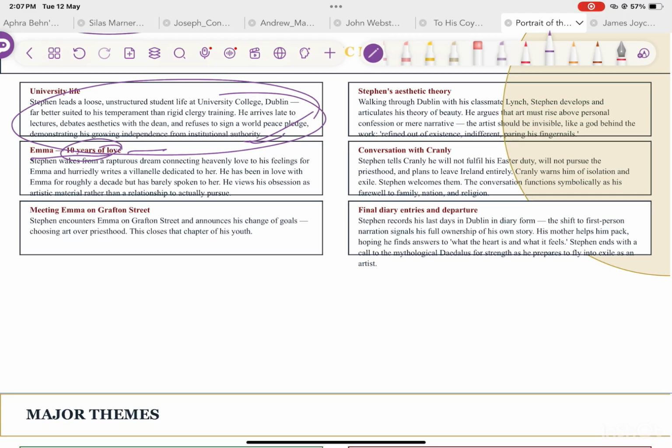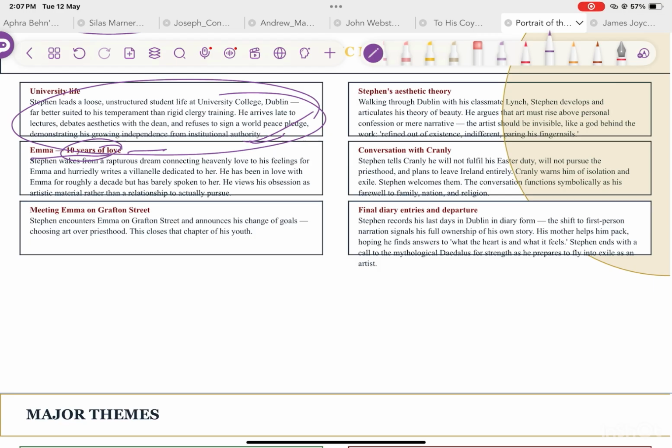So Stephen argues internally about whether he behaved too coldly towards Emma in the past, reflecting on the years of admiration for her. Stephen believes his imaginative and artistic love is deeper than ordinary romantic attraction. So this kind of affection over years and years is greater than anything else. And Stephen tells Cranley that he will neither perform Easter duties nor pursue priesthood, and